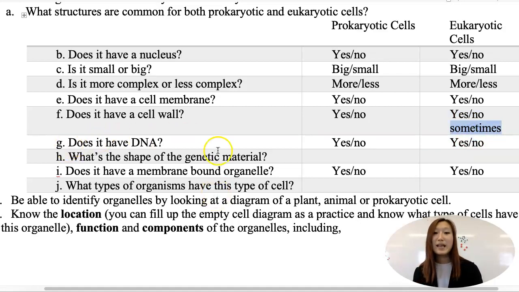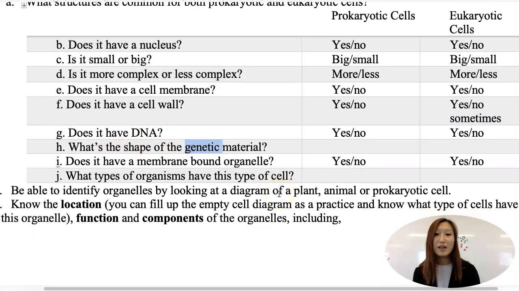Does it have a DNA? Yes and yes, because all cells need certain genetic information that allows the cell to function, to pass on the message to the next generation. So everything has DNA. The shape of the genetic material: prokaryotic cells have a circular DNA, and eukaryotic cells have a linear DNA. A linear is a pretty long string, and in a prokaryotic cell, you have a circle for